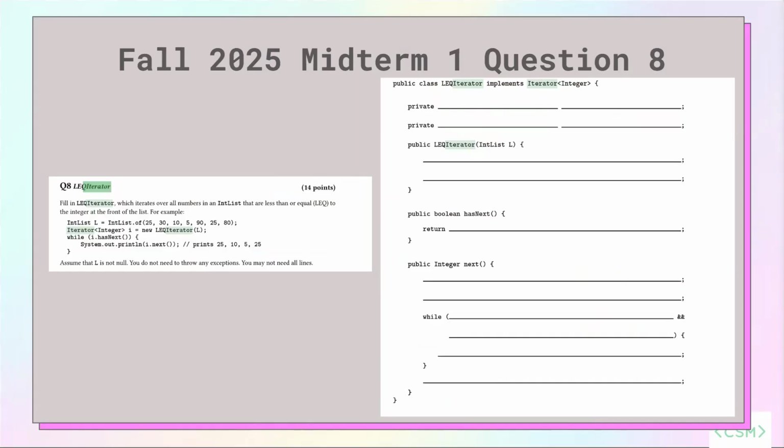All right, so here's another iterator question. We're going to find this thing called a less than or equal to iterator, or an LEQ iterator. We want an iterator that iterates over this int list. Just as a reminder, an int list is a singly linked list with integers. And then we're only going to iterate over the ones that are less than or equal to the start of